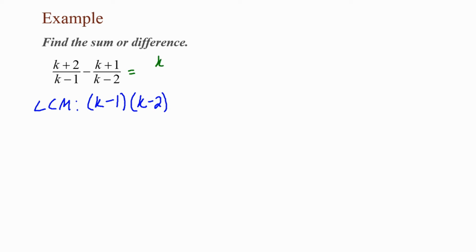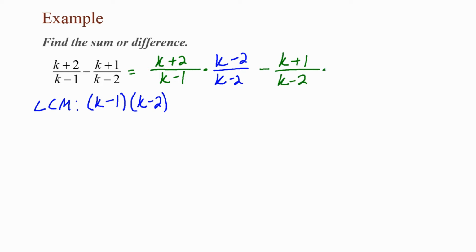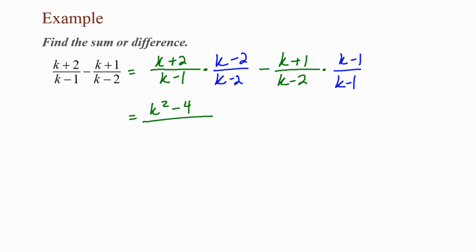That equals (k plus 2) divided by (k minus 1) times (k minus 2) over (k minus 2), minus (k plus 1) over (k minus 2) times (k minus 1) over (k minus 1). So using FOIL, (k plus 2) times (k minus 2) is k squared minus 4, over (k minus 1) times (k minus 2)